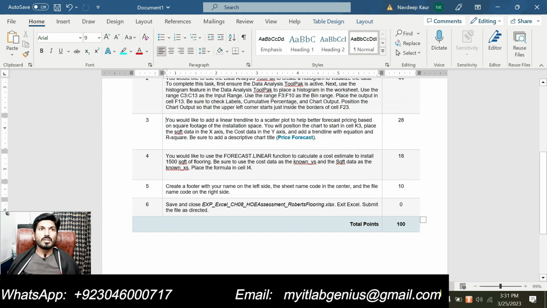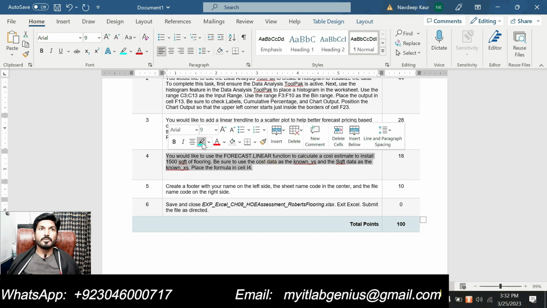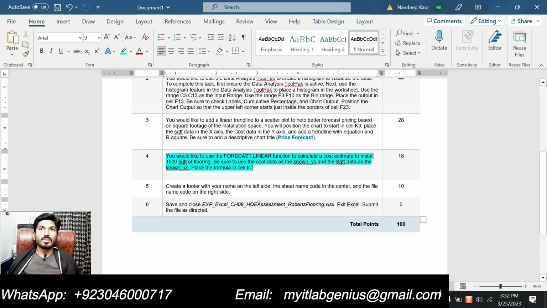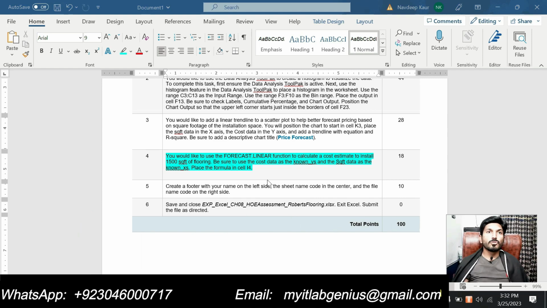Now we will move to the next step, that is step number 4. You would like to use the forecast.linear function to calculate the cost estimate to install 1500 square footage of flooring. Be sure to use the cost data as the known y-axis and the square footage data as the known x-axis. Place the formula in cell I4. So basically now we are supposed to use the forecast.linear function to calculate the cost estimate. So let's go to I4,